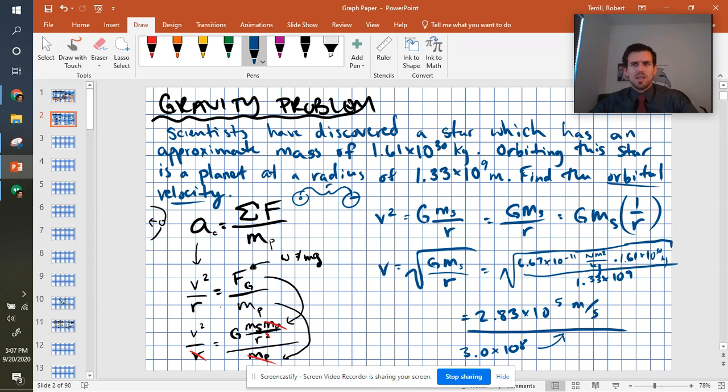We're approaching speeds where time would actually be different on this planet than it would be on other planets in the solar system. So just an interesting fact. That's how you set that all up. I think really you need to focus on making sure you know how to get to that step right there yourself. Plugging in the values is going to be different for everything, but knowing how to go from here all the way to there is really something that you want to develop a skill